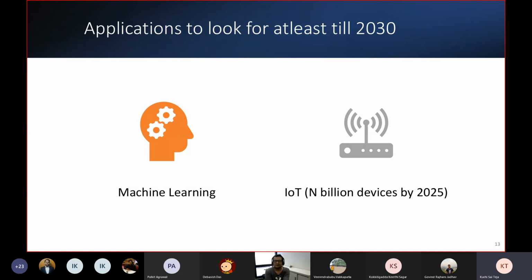There is an estimate that by 2025, which is just a few years from now, you will have billions of devices. That will put extra load on all these servers, because they will keep getting data and you have to process it at a pretty fast rate. It may happen that you have to data mine it or do inference, even at the IoT device itself. That's the notion of edge computing. So what will be the role of architecture? How will you design computing engines that can make life easier for IoT devices?